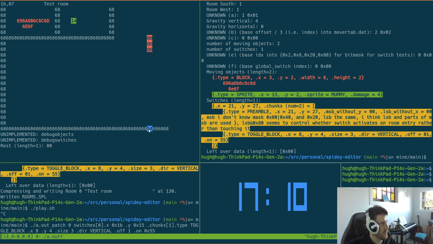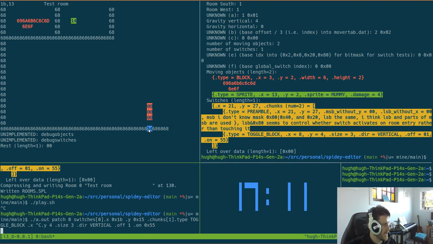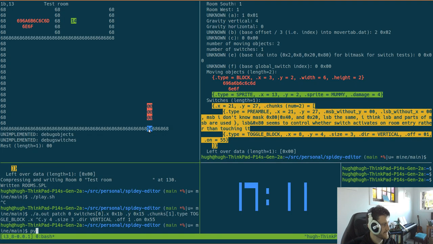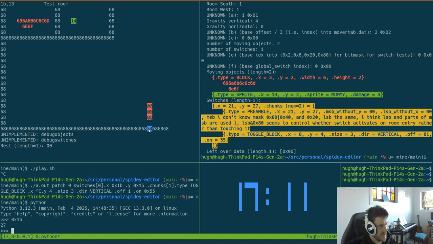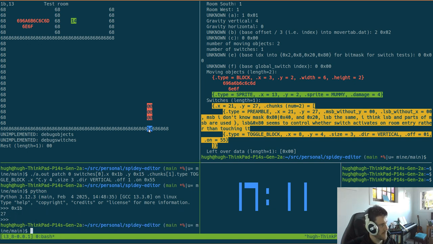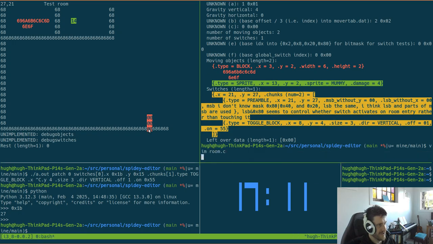So 0x1b is 27. So that is definitely the Y parameter. So yeah, I guess like the preamble we don't want to change, but